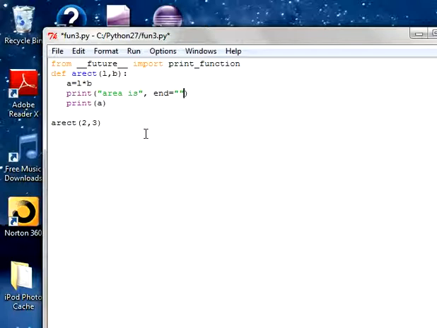This is about defining the function. Let me explain to you guys in brief. The compiler comes here, it goes directly here, so it will see, yeah, we are defining one function, it will understand this, and again it will go here. Here we are calling the function. Execution starts from here. The 2 is passed to L, 3 is passed to B. The value of L is 2, B is 3. It is multiplied together and it is going to display the output as area is 6.